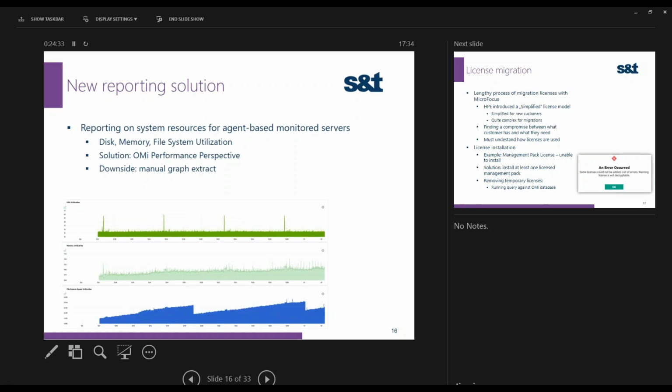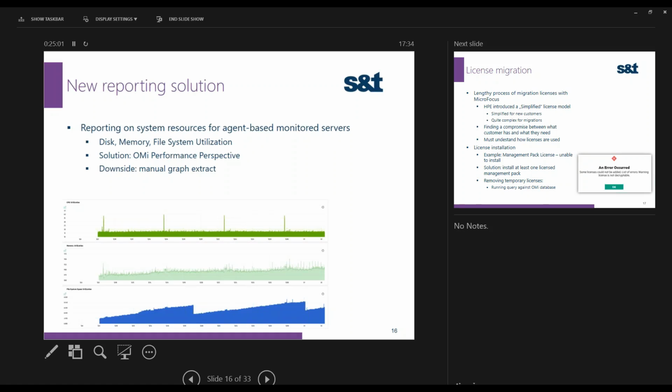So this was something which was just a no-go from the start for this customer, because they had a very simple requirement for reporting. They liked the old reporter. It was lightweight. It created simple HTML files. It was working great. It used next to nothing of system resources, and we just needed to report on disk memory and file system utilization for